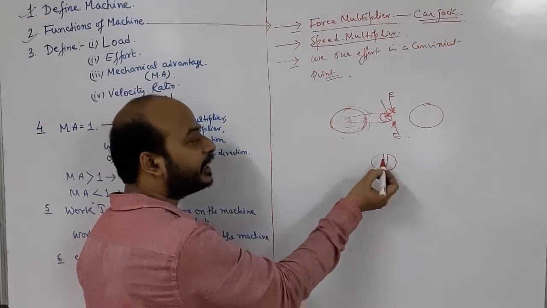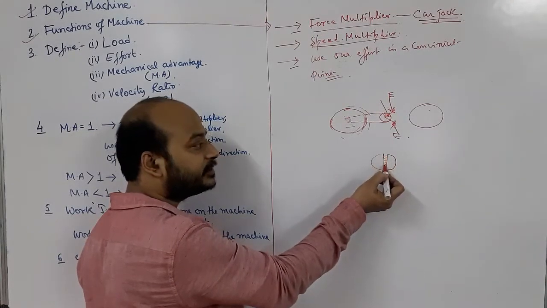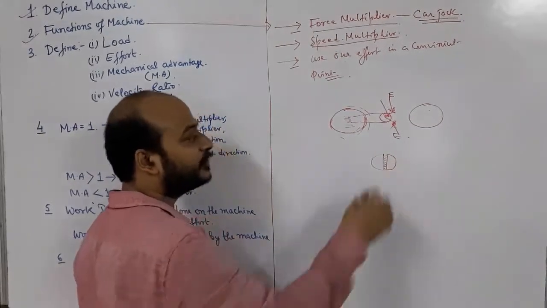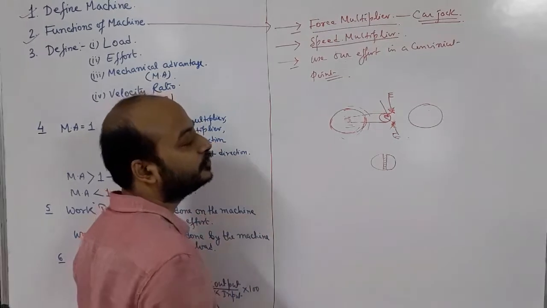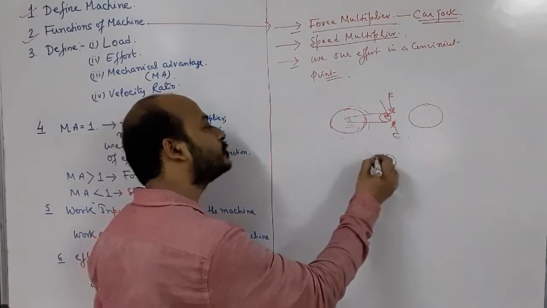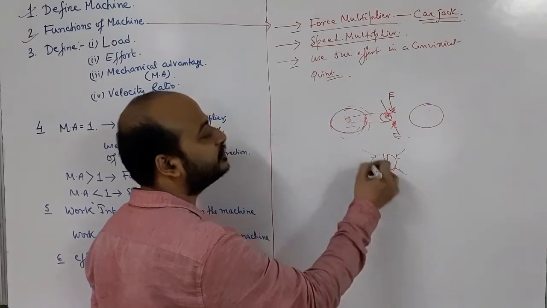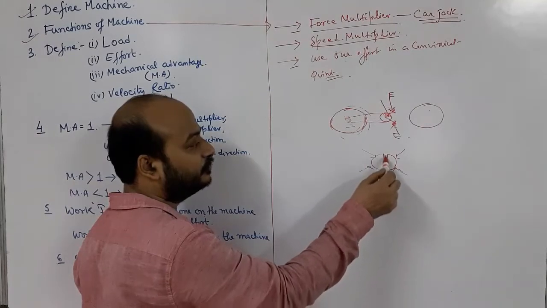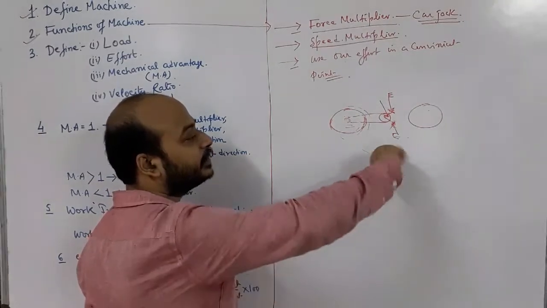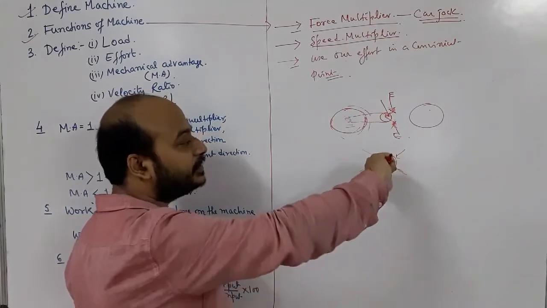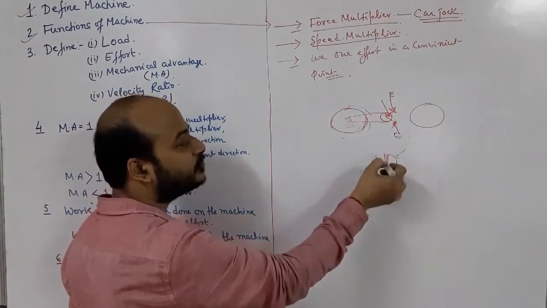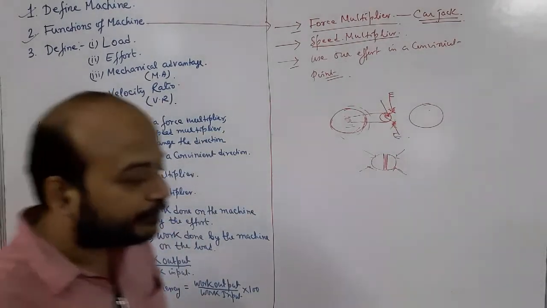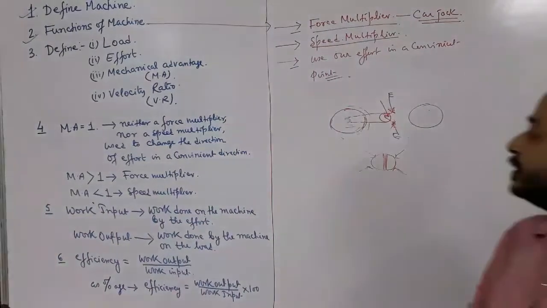Now unless we apply our effort at this point, the screw does not rotate easily. You find it difficult to tighten or loosen a screw. Why? No matter how much force you apply here, it is very difficult. But instead, if I put the screwdriver in this groove, then we can easily rotate it and easily tighten or loosen the screw. So that means the screwdriver is also a machine that is used to apply our effort at a convenient point.